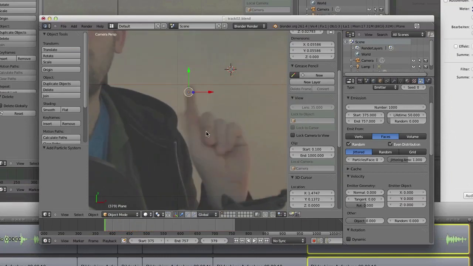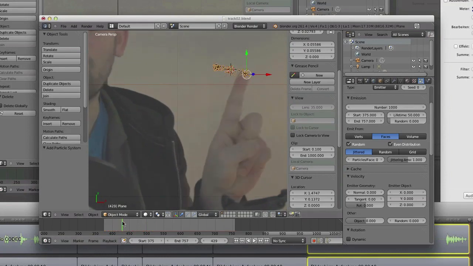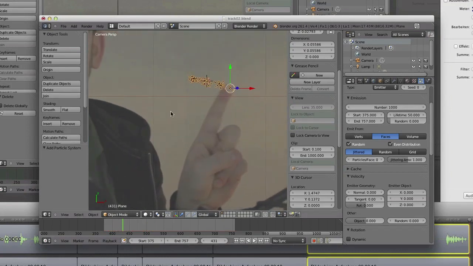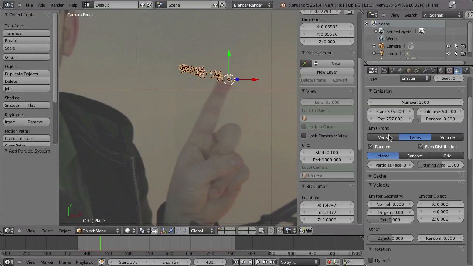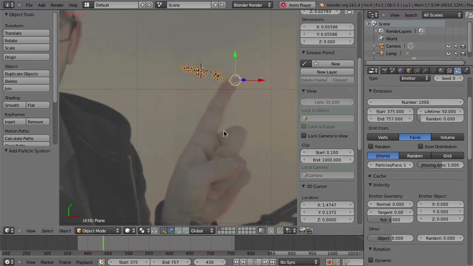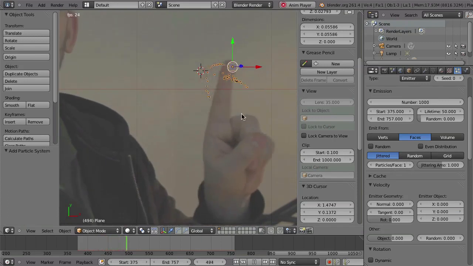Alright, so far so good. But what I don't like is that this looks so fuzzy and not really like a straight line. So what we can do is to just set it to emit from vertices and then merge everything so that we only have one vertex on our object. But then it is kind of hard to see and hard to select. I mean, it's not bad, but well, there's another way, and that is the way that I want to use, and that is to just turn off random, turn off even distribution, and set particles per face to 1. So only one particle will be emitted from this one face.